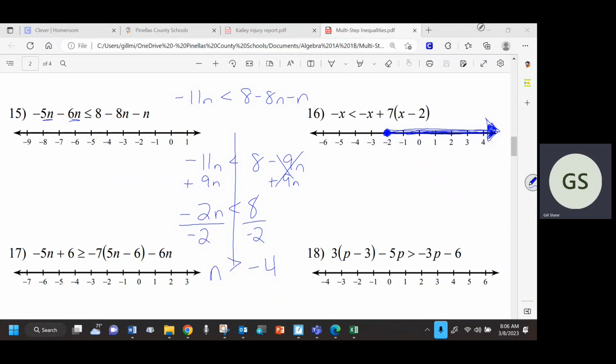So, again, if you had that same question, you better have written on your paper that when you have variables on both sides, think about getting rid of them on one side. Oh, wait. Yeah, that was an or equal to sign. So